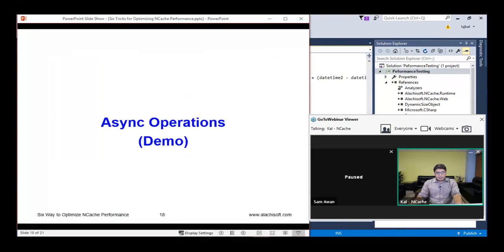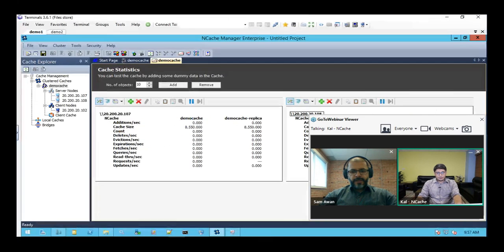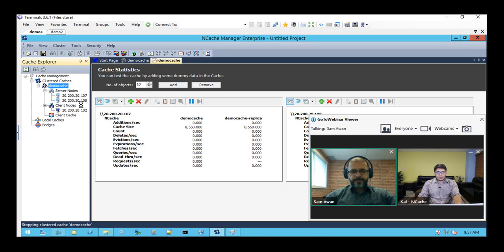Let's actually jump back to the presentation. We've covered asyncs, and the next one is compact serialization. This is covered in those scenarios where you don't have the luxury to do an update within the code, and using this, you can actually mark all those classes as serializable. And Cal, with that comment, we have about 3 minutes left. So right, I'm just going to quickly cover it up.